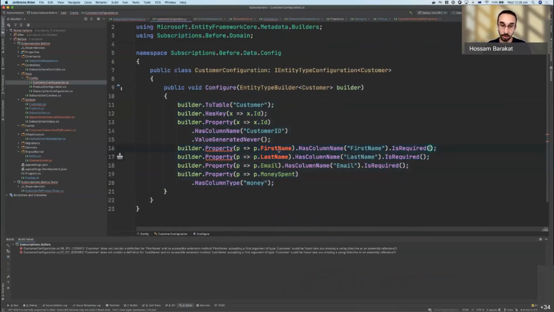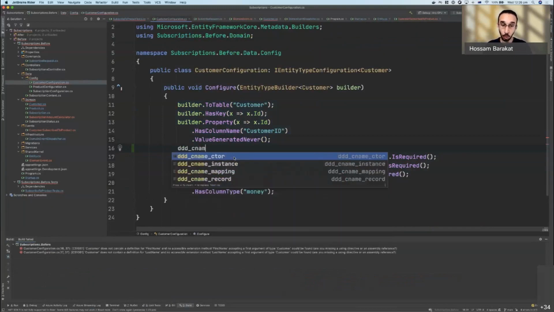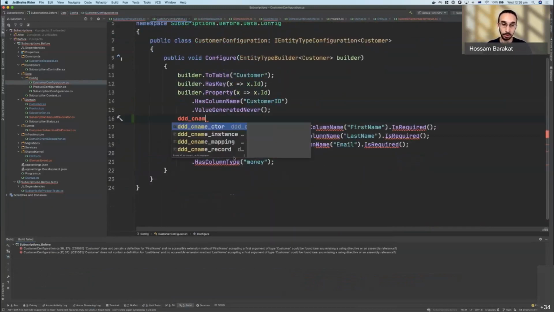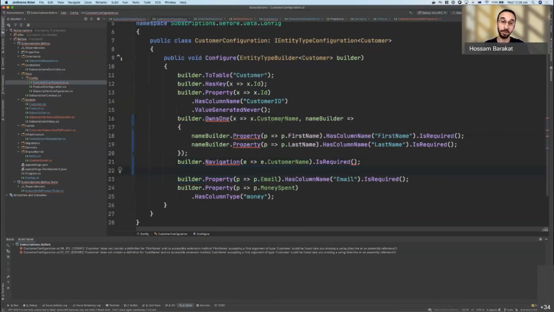So instead of directly using the builder here in the Fluent API, I can go and say OwnsOne. So builder.OwnsOne. This enables us to introduce a value object or map a particular property, and then within that OwnsOne we can define the properties within this builder as mapped columns in the same table. One thing to keep in mind here is the default naming convention of owned entities is the table name underscore the column name. So if you are working with a legacy code base, probably you need to use the explicit